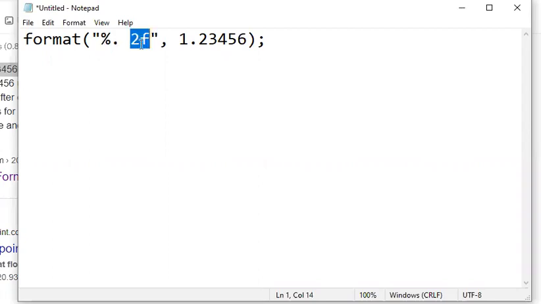The meaning of 0.2f is after the decimal point, I require only two values.